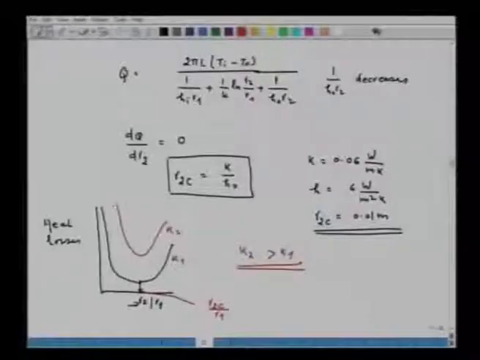So, what is important here is the concept of critical insulating thickness and the role of thermal conductivity of the material. That is, if you want to decrease the heat losses beyond R2, then you have to change the value of thermal conductivity. That is what this equation says.